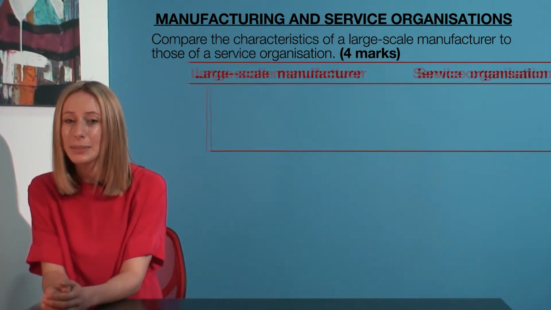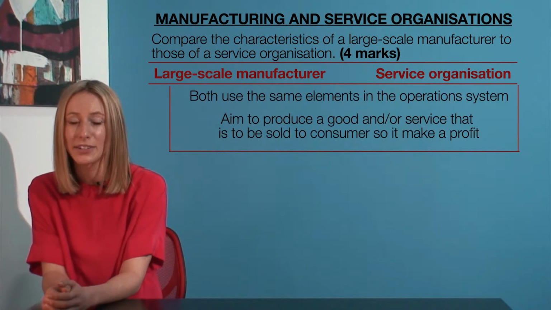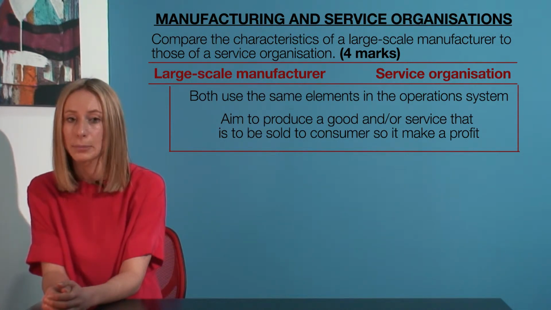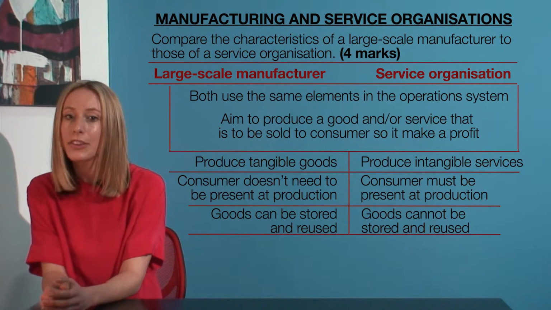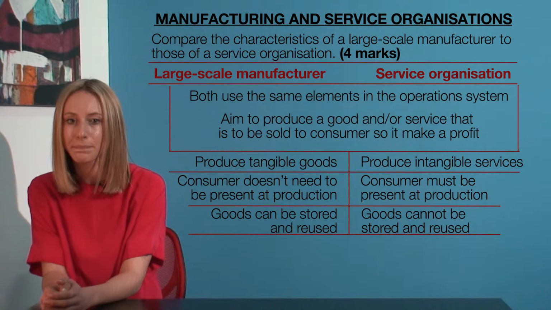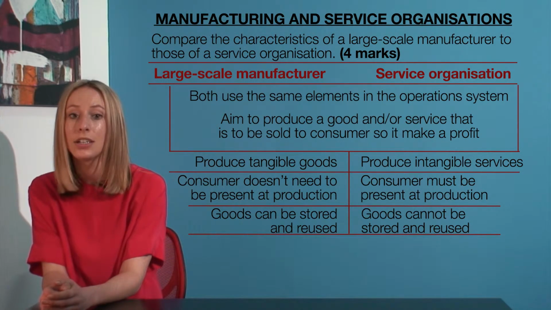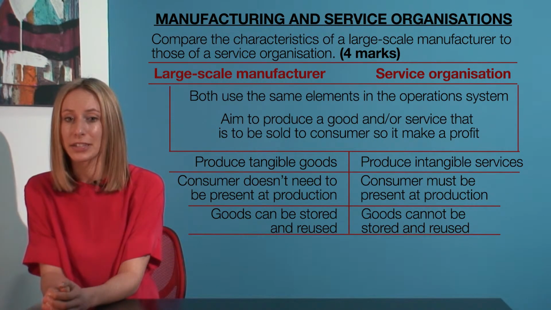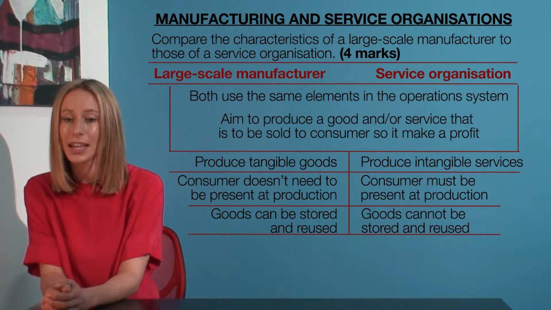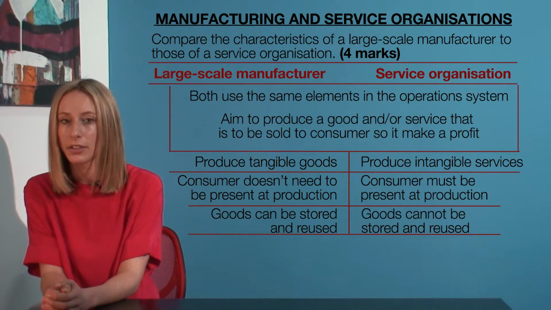For this question, the key similarities are that both use the same elements in the operations system and both also aim to produce a good and/or service that is to be sold to the consumer so it makes a profit. The main differences between a large-scale manufacturer and a service organisation are that manufacturing organisations produce tangible goods, while service organisations produce intangible services, that the consumer must be present at production for service organisations, however, not for a manufacturing organisation. The goods of a manufacturing organisation can be stored and reused. Meanwhile, this is not the case for a service organisation. So, in our response, as we go through, we'll either say something that they have in common or outline their